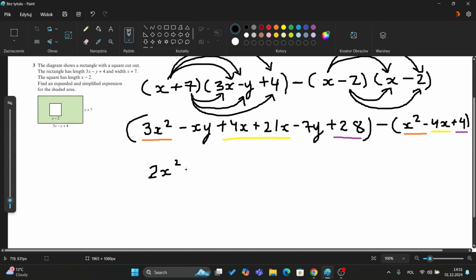Then we have our standalone minus xy, and now we do 4 plus 21 minus 4, which is 21x, minus 7y because it doesn't have any friends, and plus 28 minus 4, which is going to be